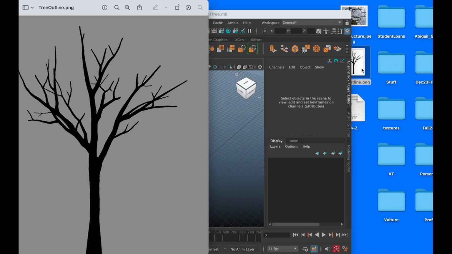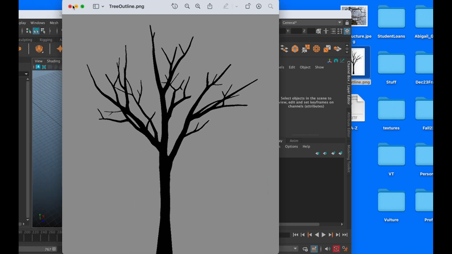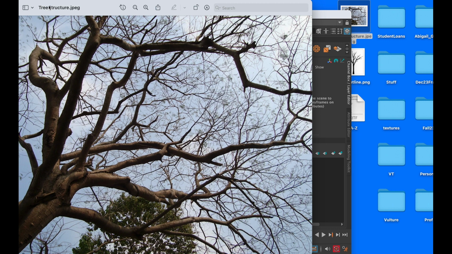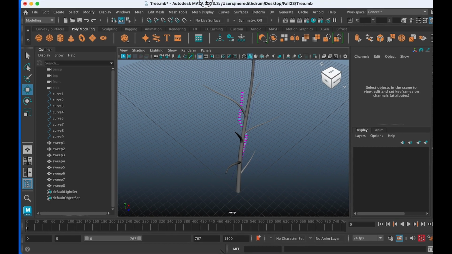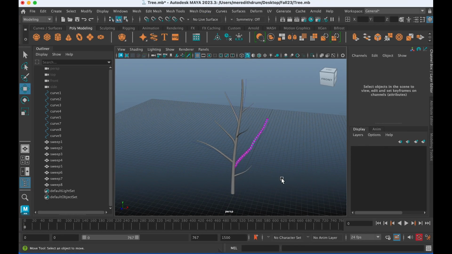I mean, the simple kind of tree structure is fairly basic, but then when you look at it from below or above, you see how they are much more complicated. But we could start out with something sort of more basic. So we're going to use something called a mesh sweep to do it.